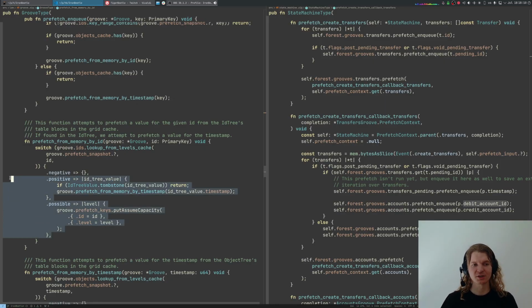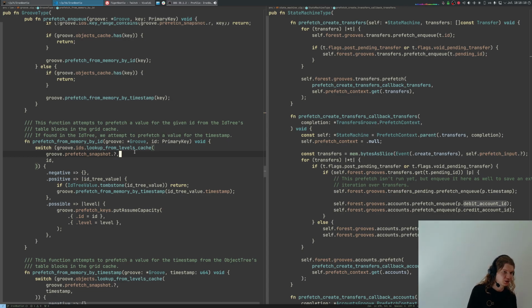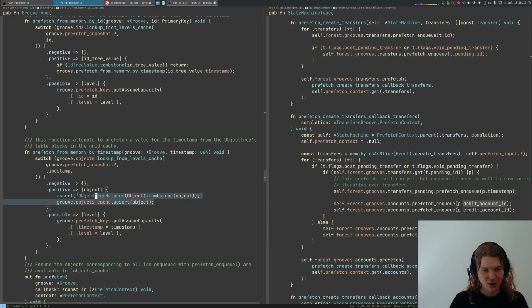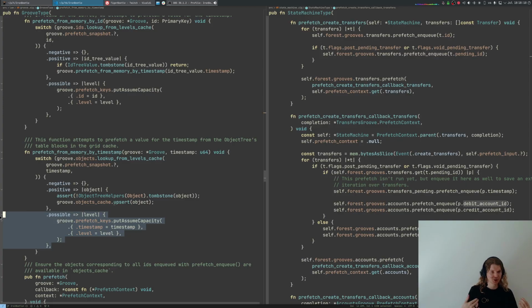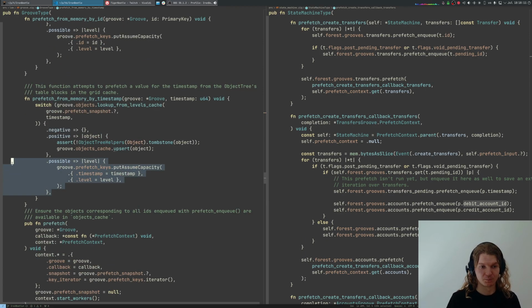That's why the result of this lookup is either we don't find anything, or that we found something, in which case we insert the object into the object cache. Or finally, there might be a case that we actually don't know whether this account exists on disk or not. There is simply not enough information in the cache pages, so we need to do disk IO, and this is where we end up in this prefetch keys